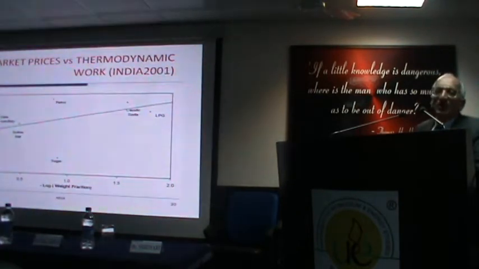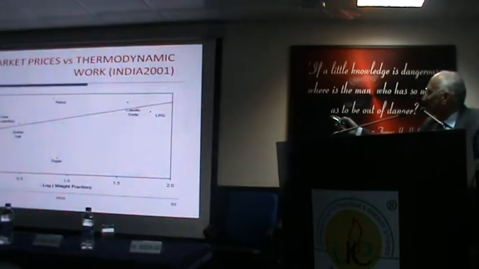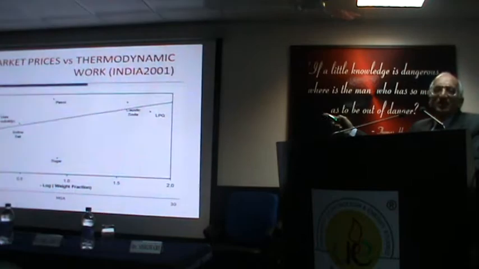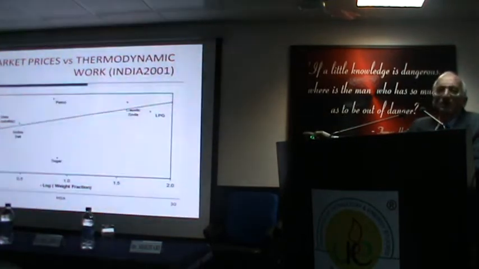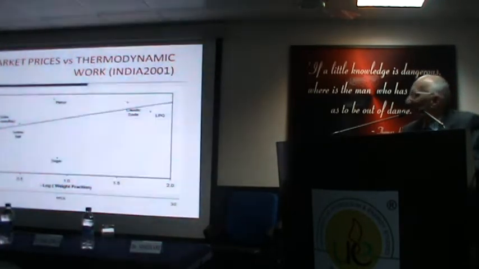Of course, petrol was way up. That's because you have an excise duty on petrol. It's no longer a free market. And urea was, actually this is pre-subsidy urea. The actual urea price will be way down, especially if the elections come, it will lie on the x-axis. Because they think all the farmer votes will come if the urea price is very low.